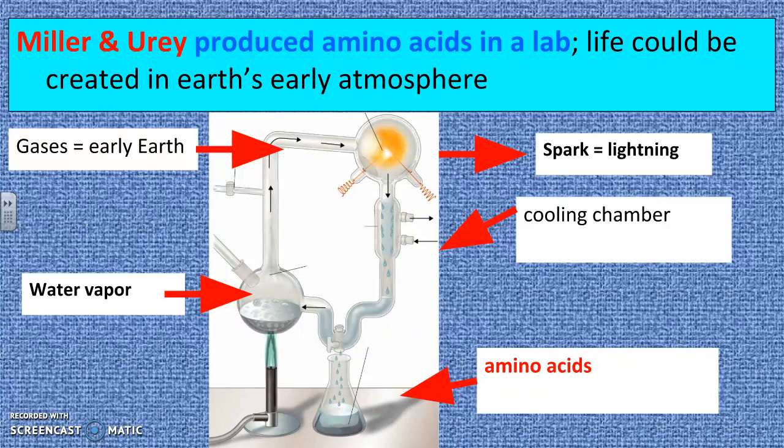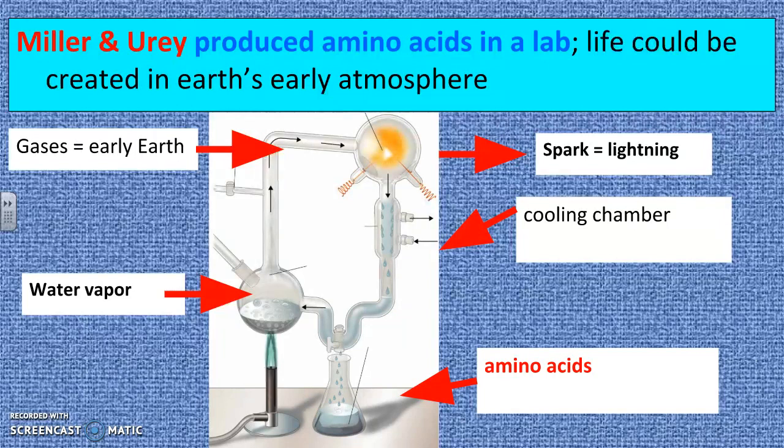Now, there were two scientists who set out to see if they could recreate the conditions of Earth's early atmosphere and see if they could produce life. No one has ever produced life in a laboratory setting, but Stanley Miller and Harold Urey came as close as anyone has ever gotten by producing amino acids. And if you remember, amino acids are the monomers for proteins. Okay. And so what they did was they created this chamber, this apparatus that you see, that recreated Earth's early